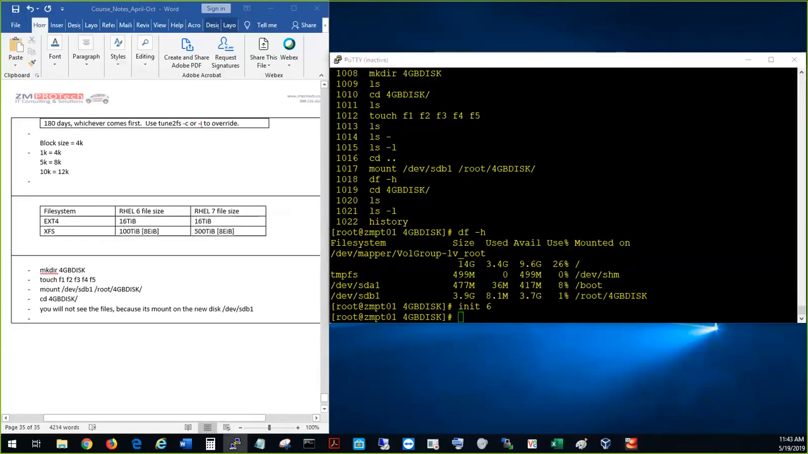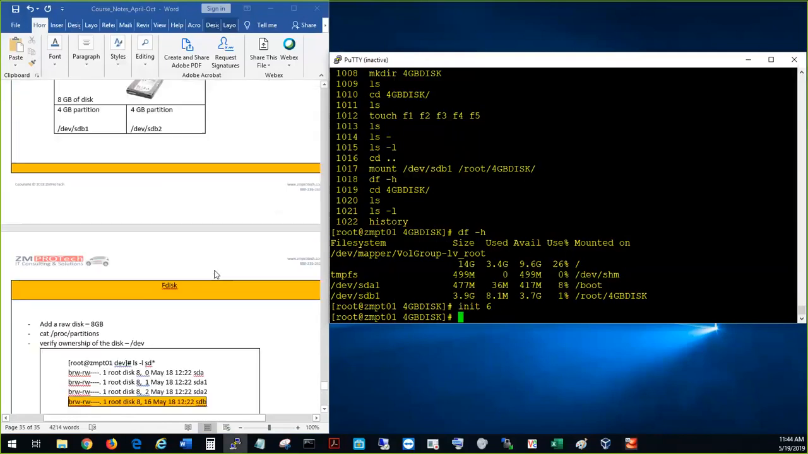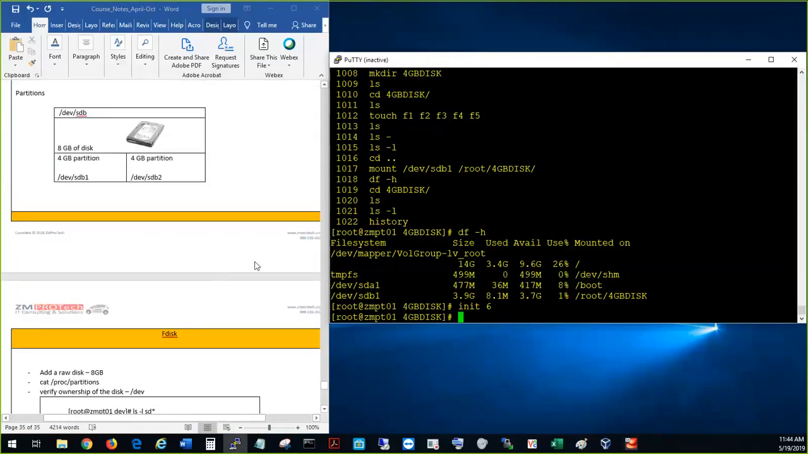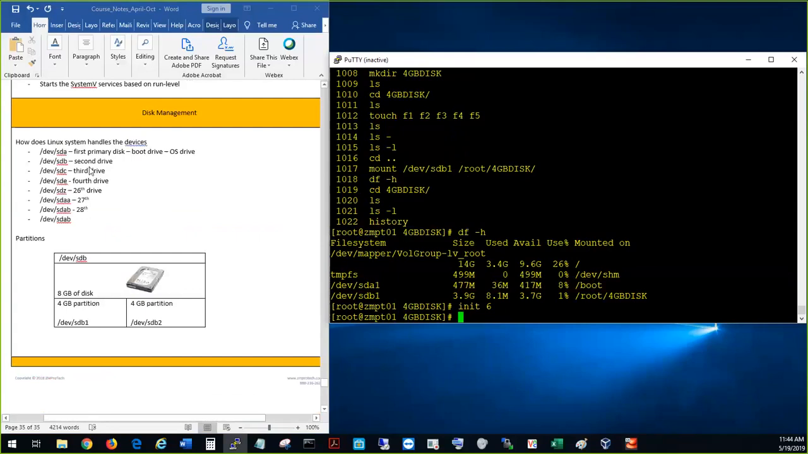So Zafar, to create another SDB1 to the root, are you separating the partition? I'm a little confused on why the dev SDB1 was created to the /root. Oh no, this is system. Remember I told you here,